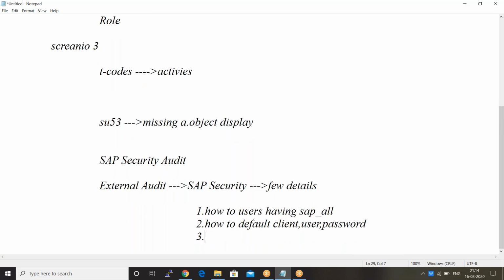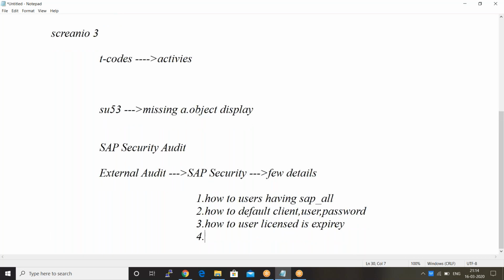I want to prepare the list. Again, they are asking how many users have licenses that will expire, and how many users are not changing their password, meaning the password policy of the last 90 days onwards.